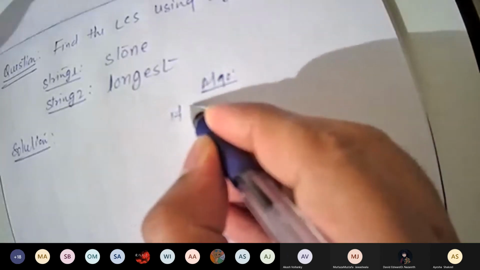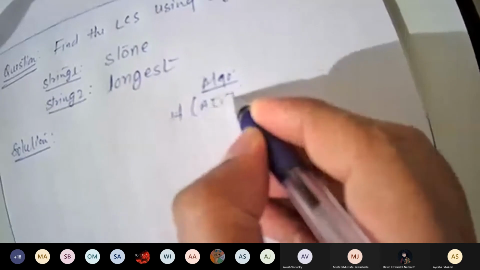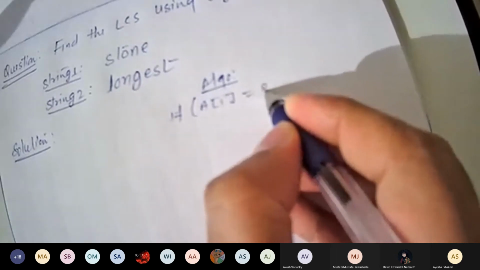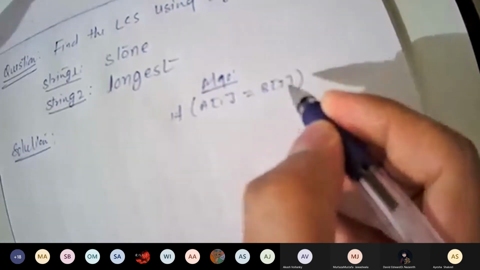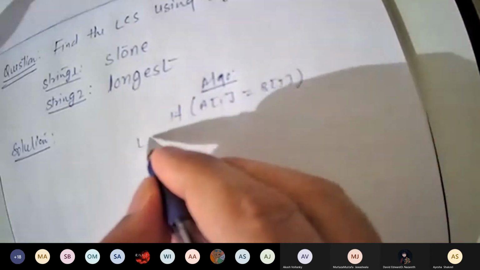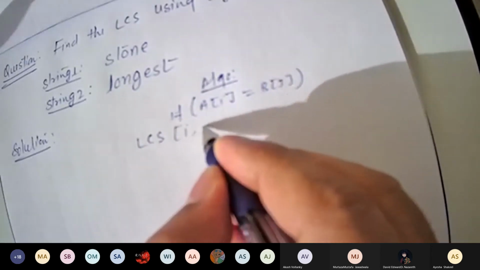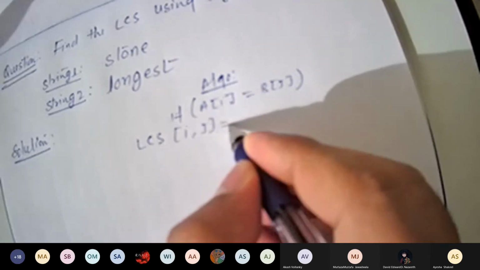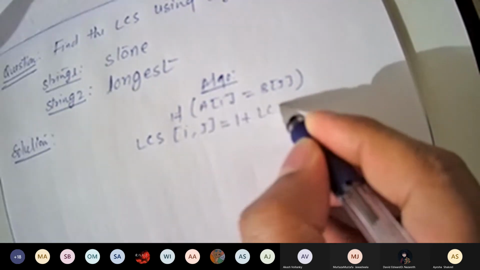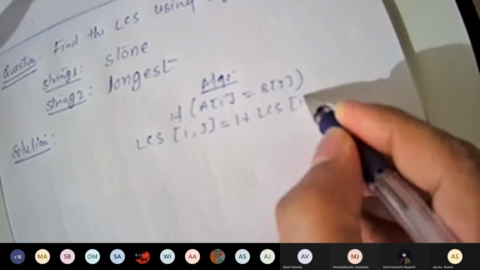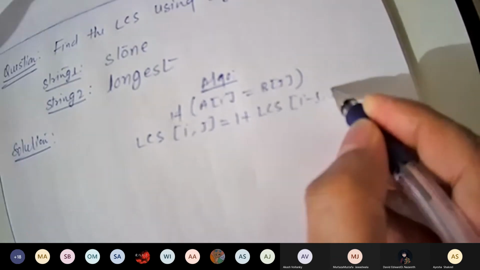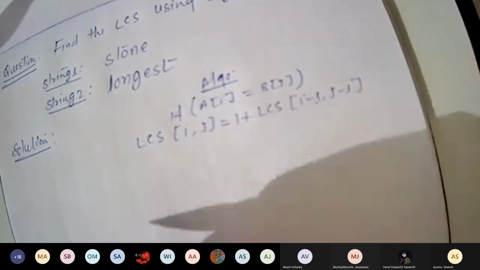If A of I equal to B of J, LCS of I J equal to 1 plus LCS of I minus 1, J minus 1.